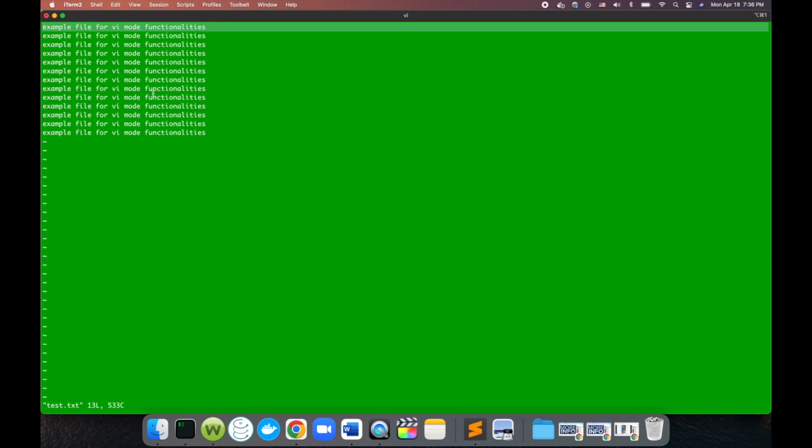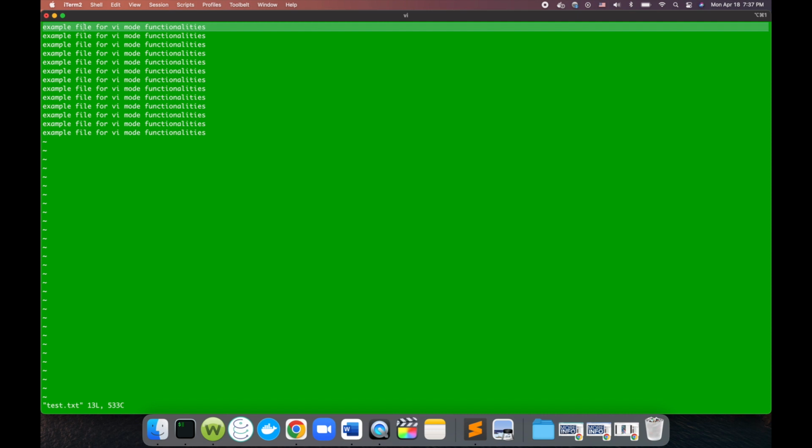For example, my cursor, as you see here, is at the top left corner, right? And if I want to move right, I'm going to use the L key. As you see here, I'm using the L key so that I can move from point to point, from